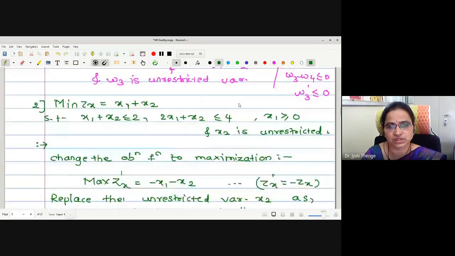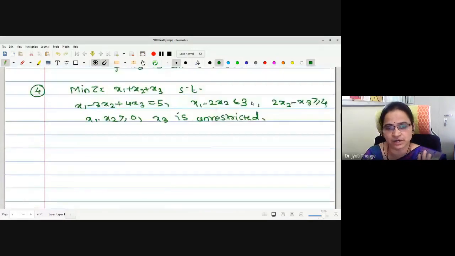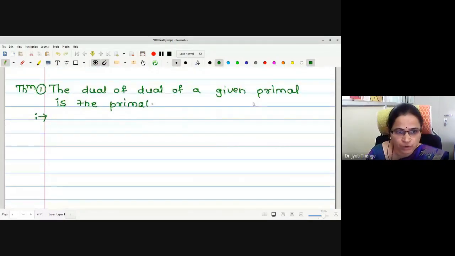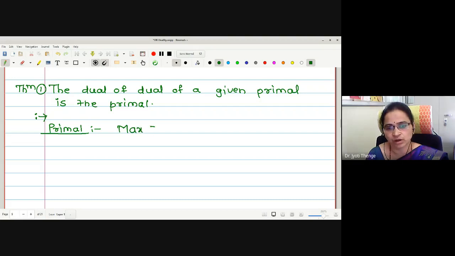Let us try to prove this. Now we will give the proof by using the first standard primal form. Dual of the dual. Therefore, we will start initially with the standard primal form, maxima objective function with less than or equal constraints. Then twice we will find its dual. What will I do? I will write the primal. Now, what primal am I considering? The standard one. Maximize Z = c1 x1 + c2 x2 + ... + cn xn. Subject to